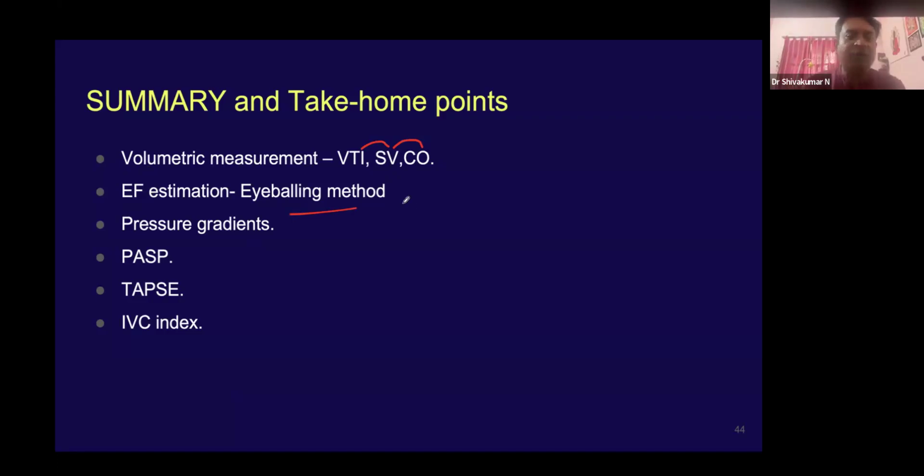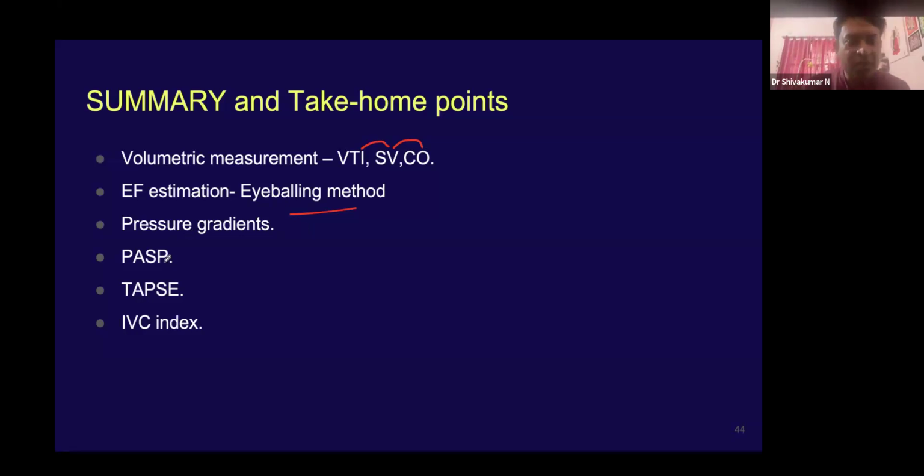Other methods of LV estimation would be the fractional area change in M mode, and the fractional area change in the short axis view, and Simpson's method can be used. For pressure gradients, especially in a patient with valvular abnormalities, using continuous wave Doppler across the valve, you measure the gradients, the peak gradient and the mean gradient. From the gradients, you can make out whether the patient has a severe stenotic lesion or a moderate or a mild